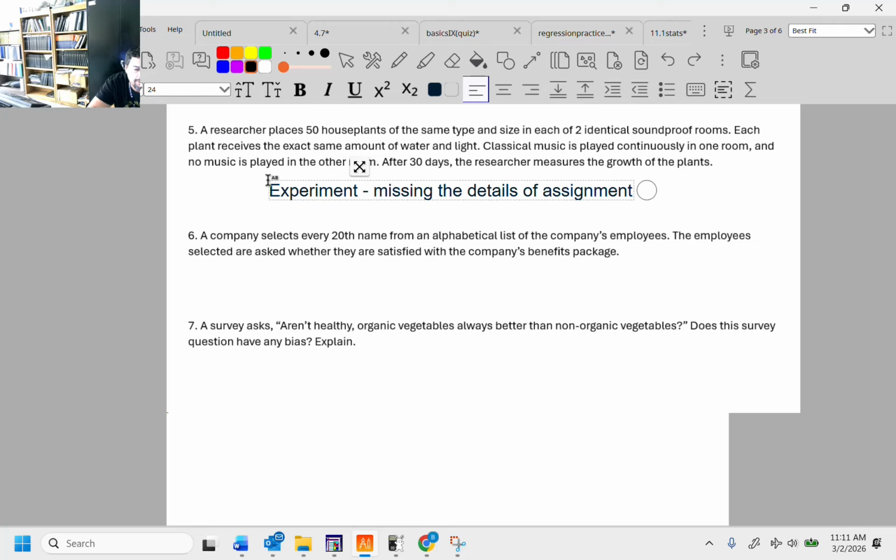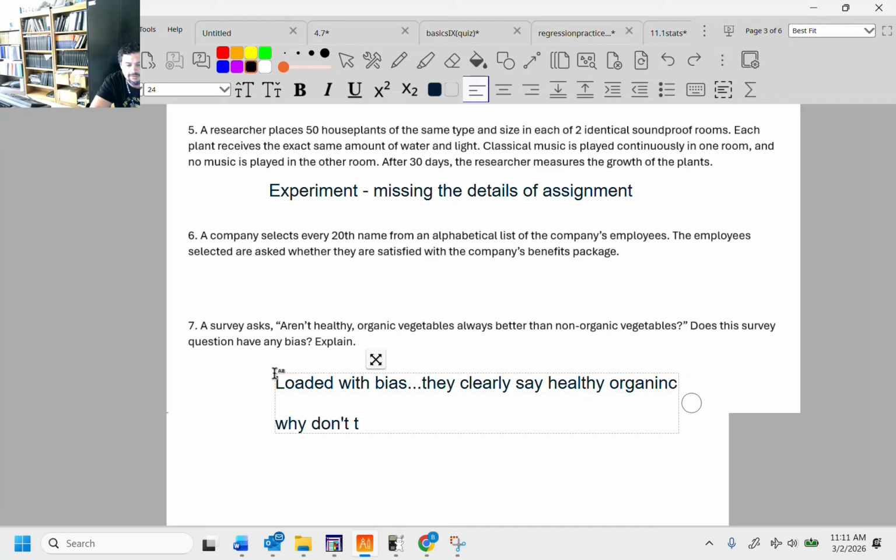Survey asks, aren't healthy organic vegetables always better than non-organic vegetables? Yeah, that thing is loaded with bias. They clearly say healthy, organic. Why don't they say healthy, non-organic? They're automatically trying to get a person to think that being non-organic means not healthy, and that is not true